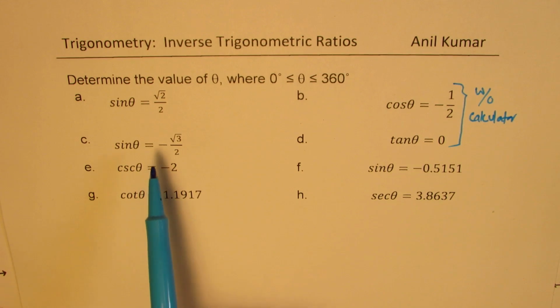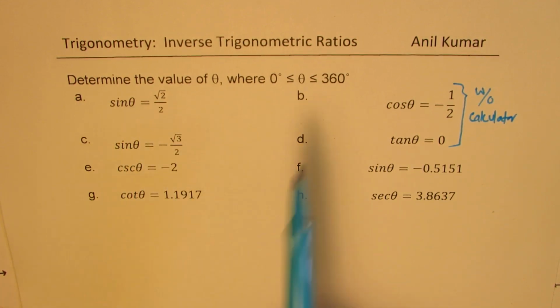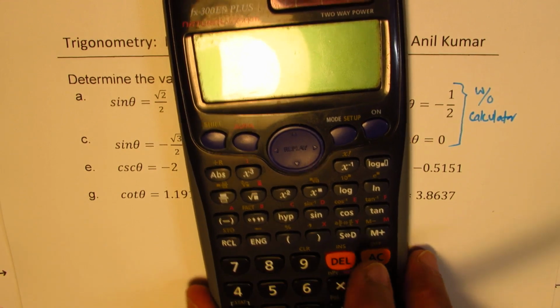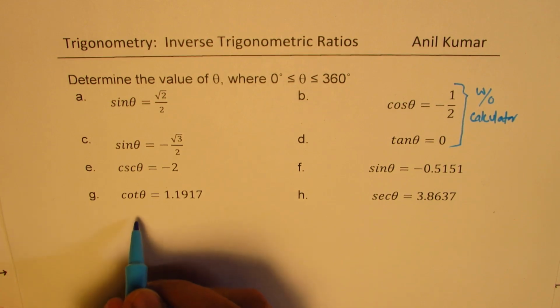Now, while finding the angle theta, we'll use inverse of trigonometric functions. And on the calculator, we are only given inverse of sine, cosine, and tan. So the secant, cotangent, and cosecant, we have to first convert to sine, cosine, and tan, and then solve, right? A few other concepts which we need to understand is that